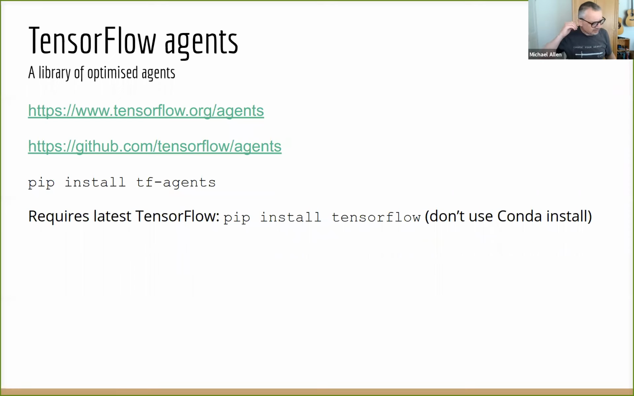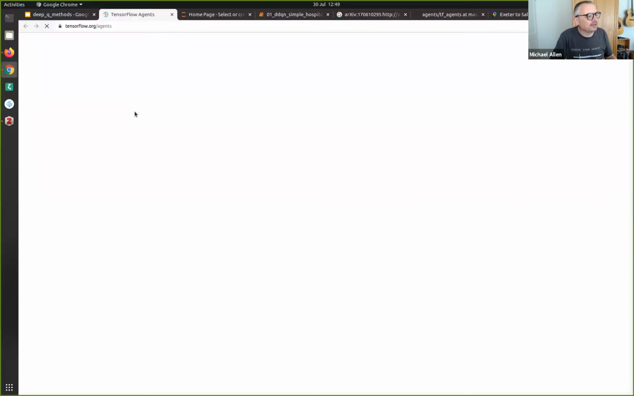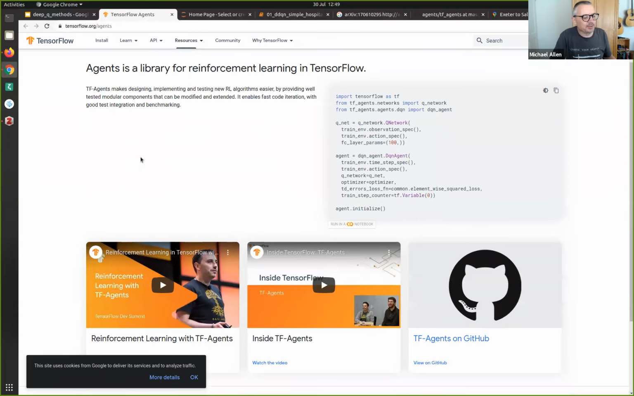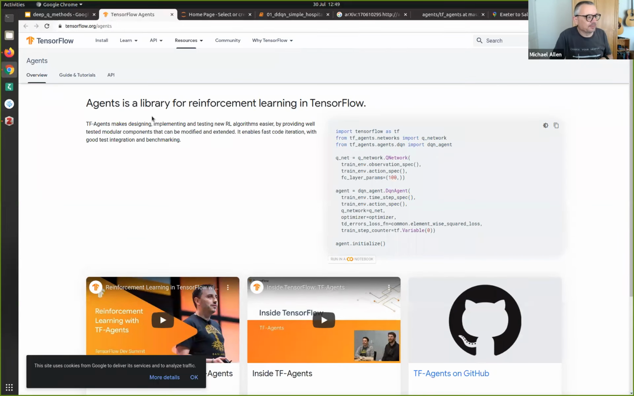TensorFlow Agents, this seems to be quite a new library that's developing quickly. It's not complete at the moment because it hasn't got Rainbow in it, hasn't got bagging. Can't remember if it's got noisy or not. But I think if we're interested in this, it's worth keeping an eye on what they're doing. I'm using PyTorch at the moment for everything rather than TensorFlow, but there's this TensorFlow library that they're building,